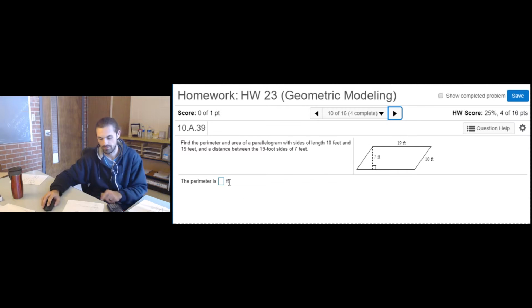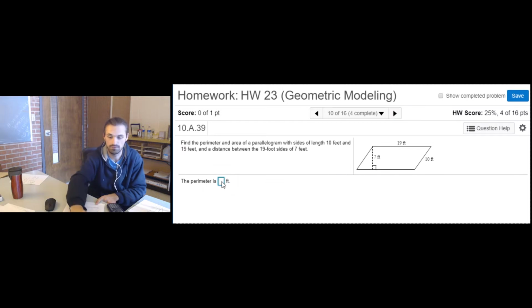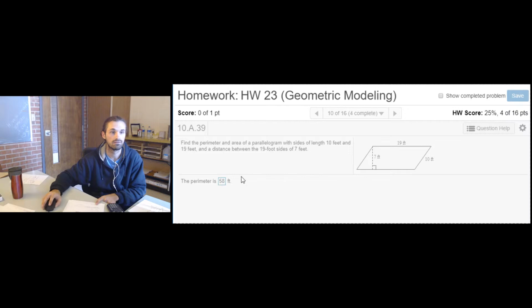Recognize the perimeter. Well, that's a very nice application of 19 plus 10 plus 19 more plus 10 more. So 19 and 19, that's 20 by 2 minus 2, so 38. 38 plus 20, so 58. For the perimeter, simply add up the distance all the way around. For the area,